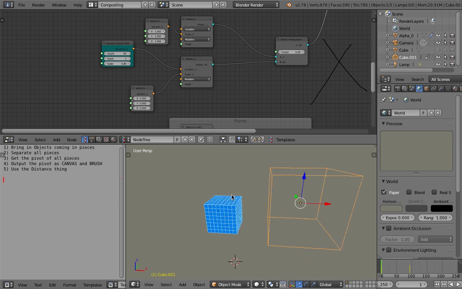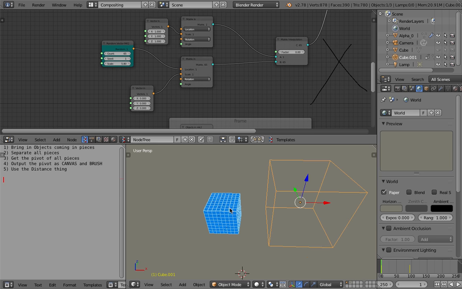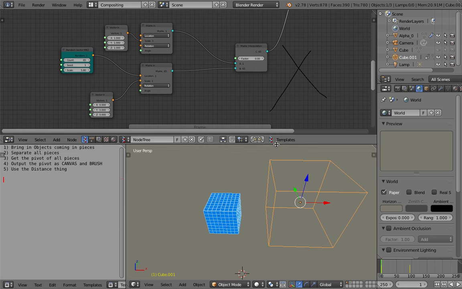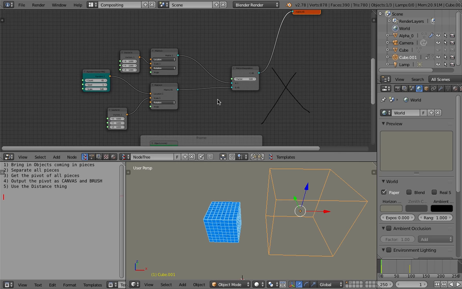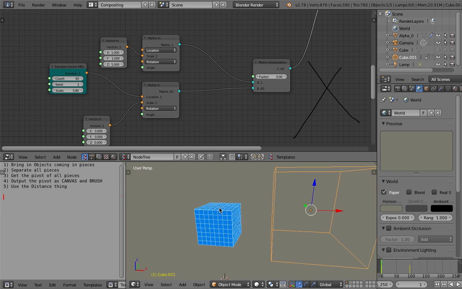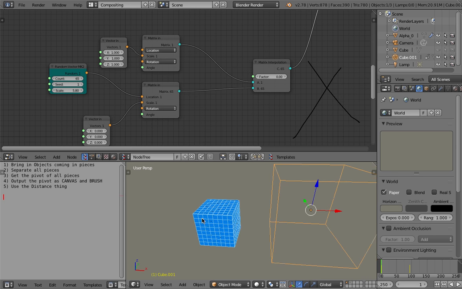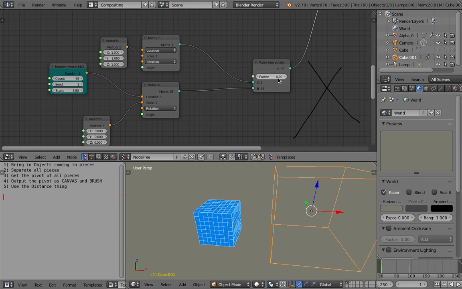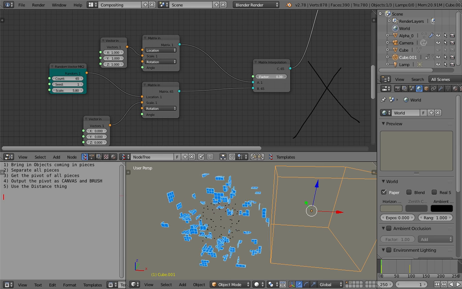I'm currently working on this kind of setup. It's very similar to what I did in the past using Animation Nodes. It's kind of like a dissolve effect. So I managed to break this cube into pieces using Blender particle nodes, and then I can separate all of them and dissolve each piece at the same time. But